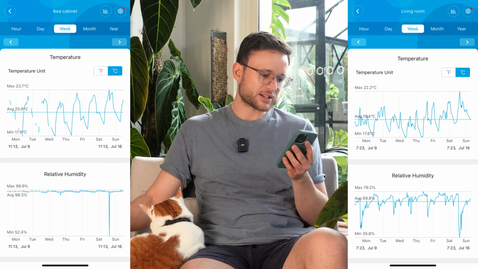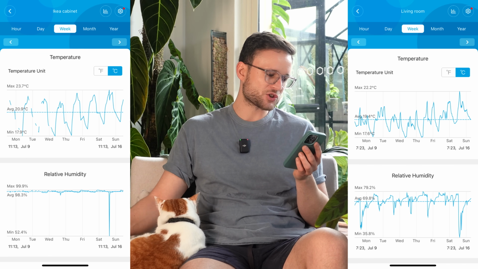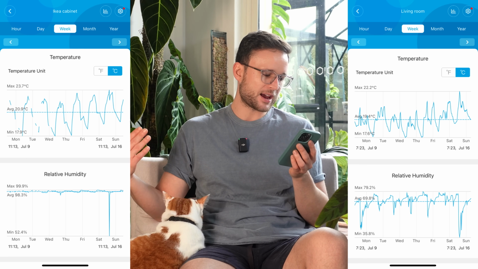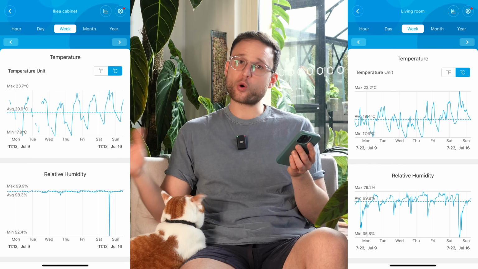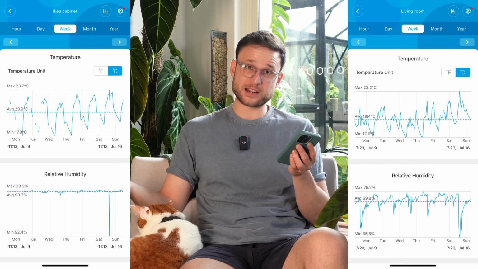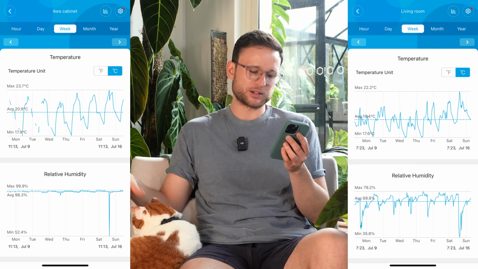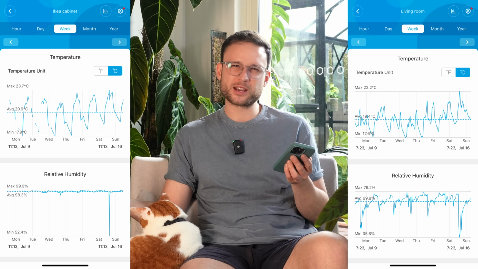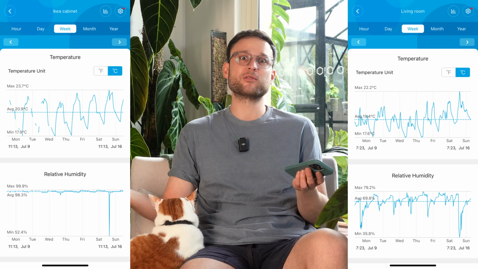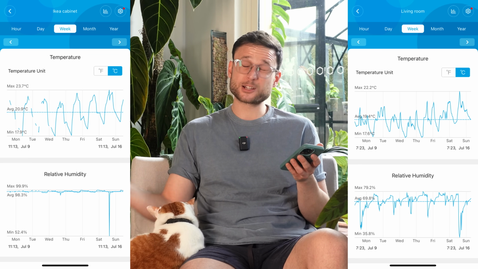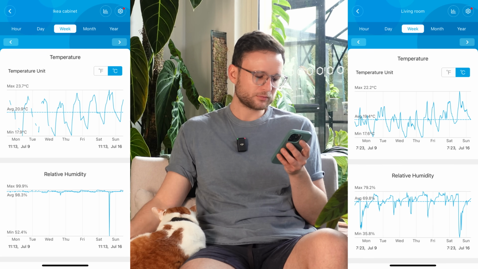Alright, so let's have a look. Temperature averages around 19.4 degrees and it fluctuates between 22.2 and 17.6. So not all too much different when it comes to the temperature, which is also to be expected. I don't have a heater in my IKEA cabinet. There's just a grow light that would keep it a little bit warmer potentially. But I also have a heater in the living room itself. Plus it gets quite a lot of nice sun exposure, so it heats up naturally quite well.